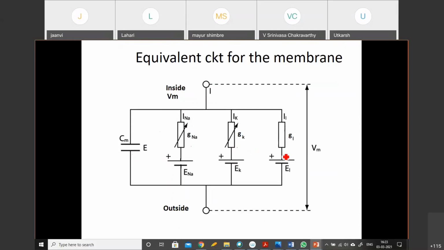Then a third branch, which is actually a sum of all the other ion channels, which are voltage independent. That's right. So this is called the leakage channel, which is just the sum of all the other channels. Now this is a simple electrical equivalent circuit of a neural membrane. And by studying this, you can have some idea of how the voltage is generated, the action potentials are generated